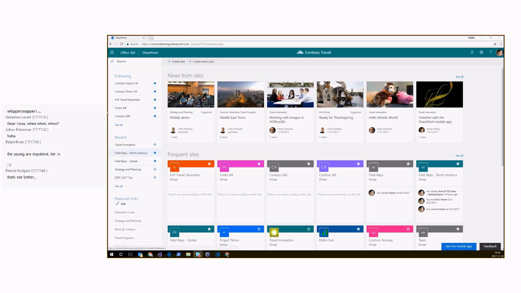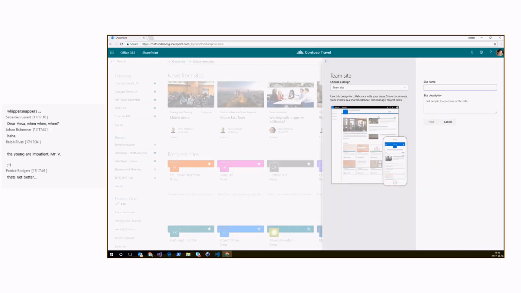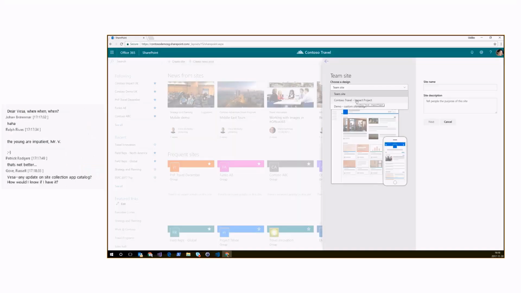So if I create a new site here, and I pick a type of site, then here you see the designs popping up. And this is, for instance, a custom site design that you can select. And when you create the site, it will do all kinds of things as you defined in that site design. And during the demos in Dublin and Ignite, we showed you, for instance, how it executed a flow that's connected to an Azure storage queue where an Azure function was kicking in, etc.